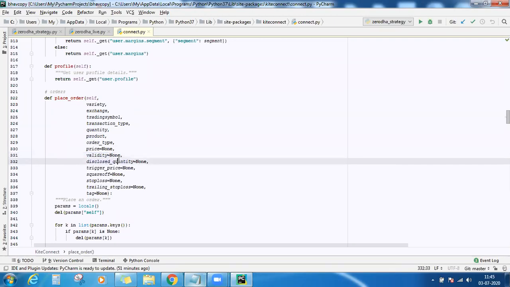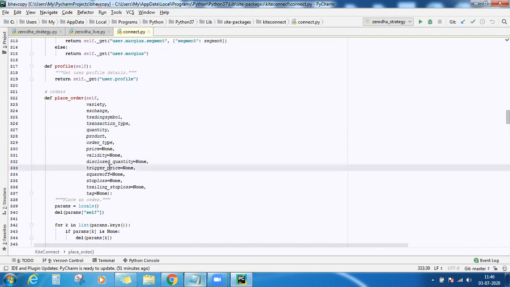Then this is the actual quantity that you are buying and how much you want to disclose. Now here, instead of a limit order, if it was a stop order, then you will need to mention the trigger price as well. And instead of the regular order, you could use a bracket order or cover order. Right now both of these are blocked in all the brokerages, because of the volatility. You can only use regular as of now.